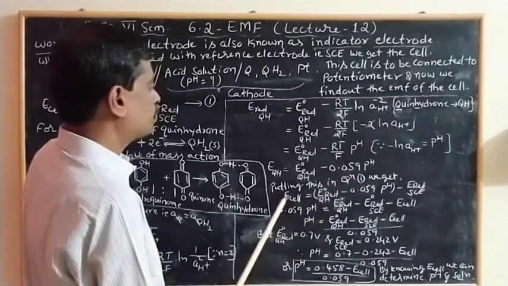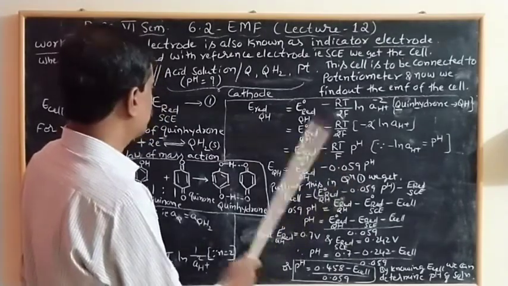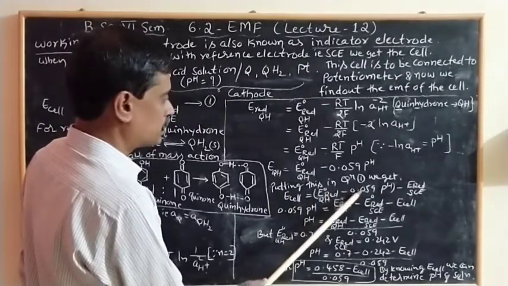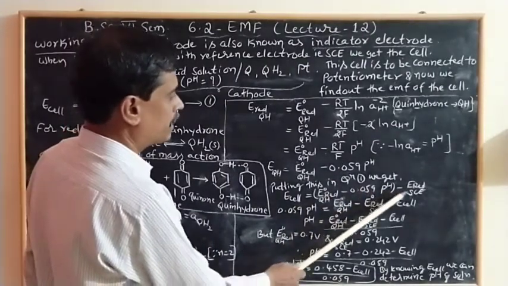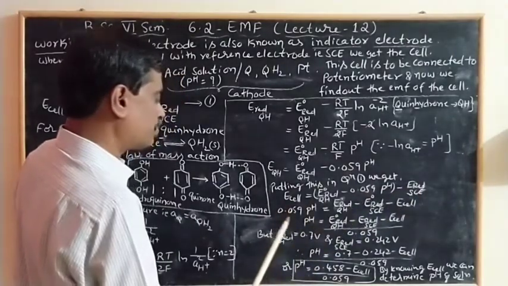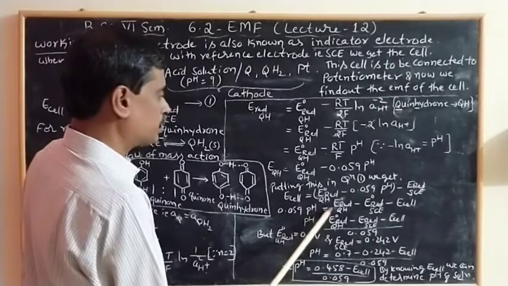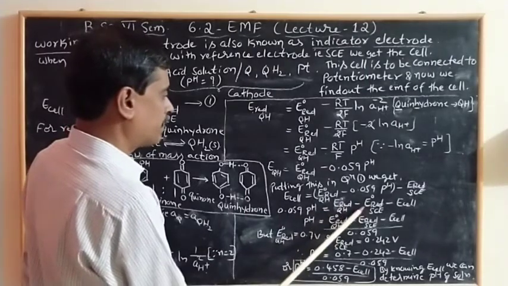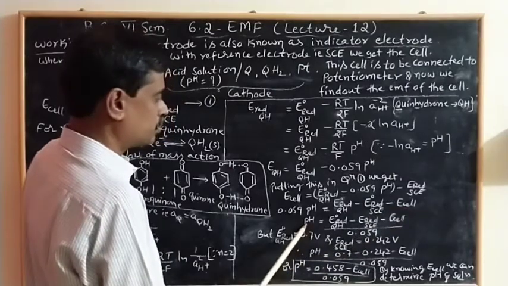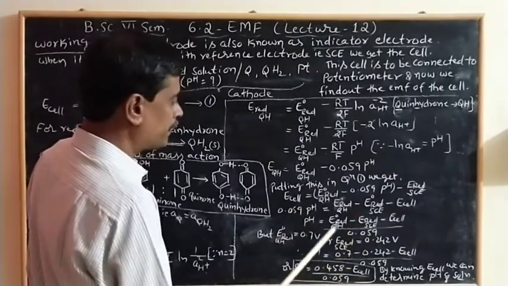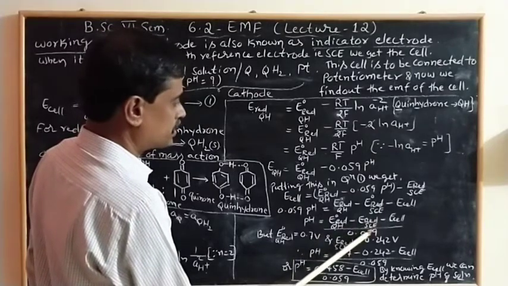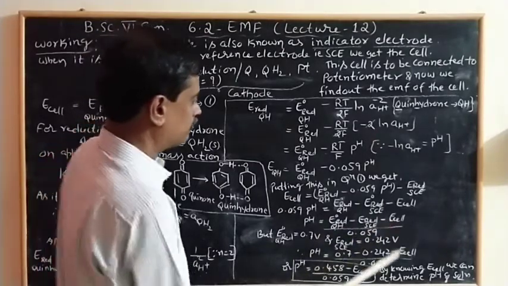So putting this in equation 1, we get E cell is equal to E naught reduced QH minus 0.059 pH minus E reduced SSCE. Or we can take this to the LHS: 0.059 pH is equal to E naught reduced QH minus E reduced SSCE minus E cell. Then pH is equal to, this going to the denominator now, E naught reduced QH minus E reduced SSCE minus E cell